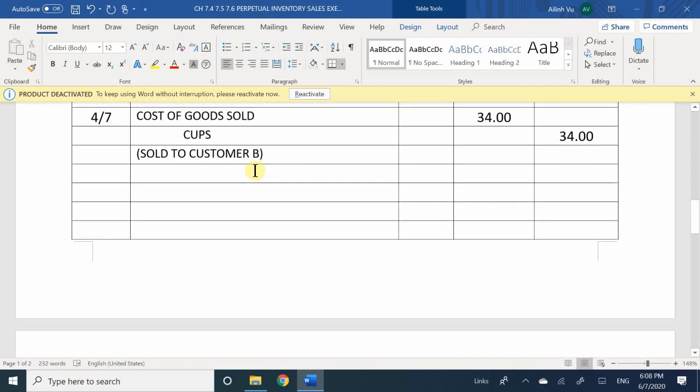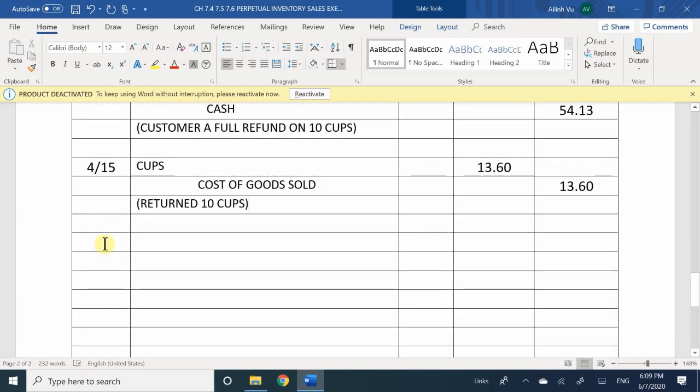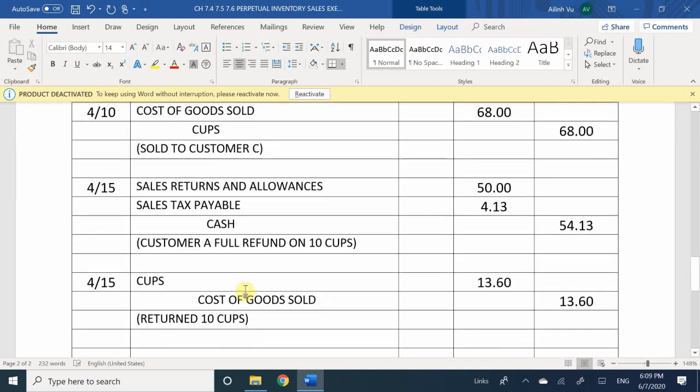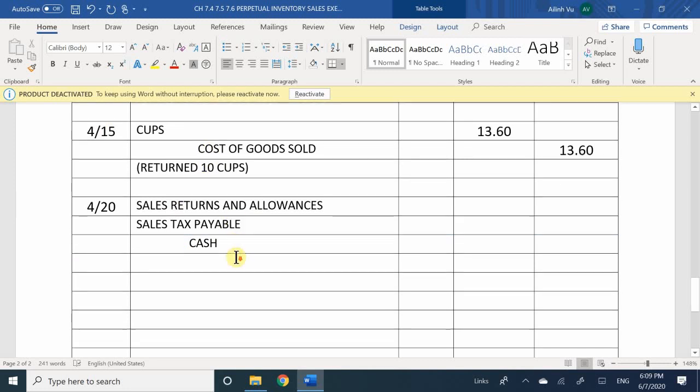So here we're creating an allowance for this customer. Okay, so I'm going to go here, and it was for the 20th of April. So April 20th, we're going to recognize sales returns and allowances. Okay, with that, we also have to give him back his sales tax because we no longer are going to sell him at that price anymore. So we need to give him back his money that he paid into the sales tax. And then lastly, we're going to recognize